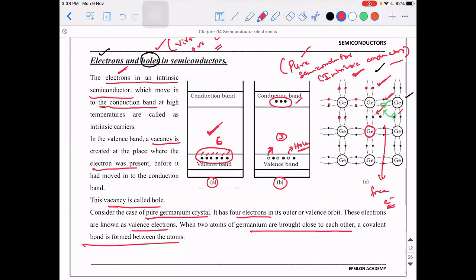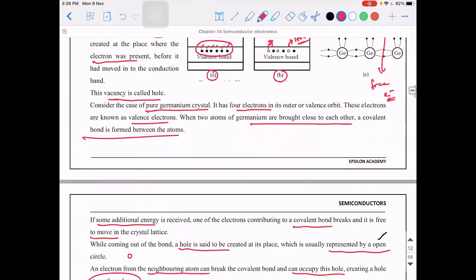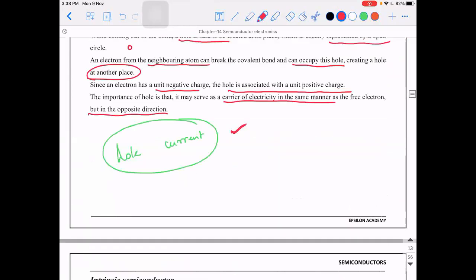Wherever there is a loss of electron, wherever an electron is missing, at that position something called a hole is generated. When the electrons are getting transferred from one location to another, it appears as if the hole is moving from one point to another. And that current is what we call hole current. But we have to remember that for hole current to exist, it is the actual motion of electrons, not the actual motion of holes. I hope all these points are clear, right? All these things we have discussed. So just a recapitulation. I hope it is clear. Is there any doubt?